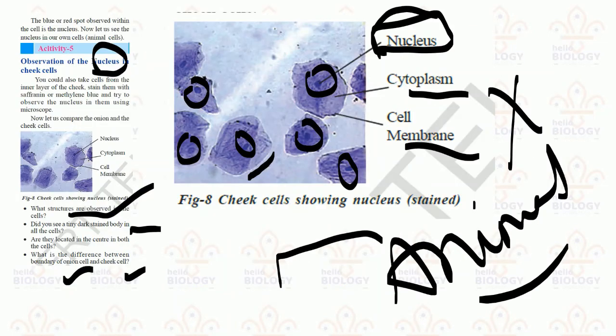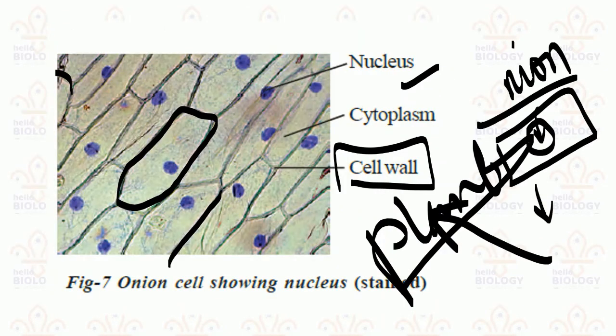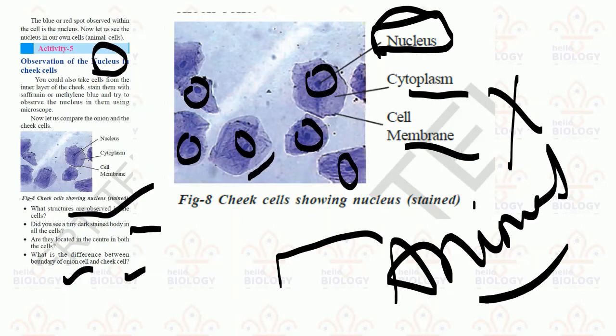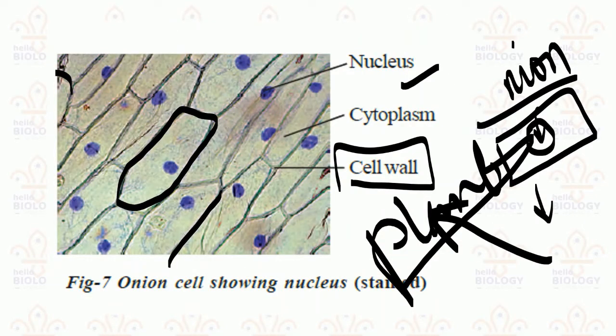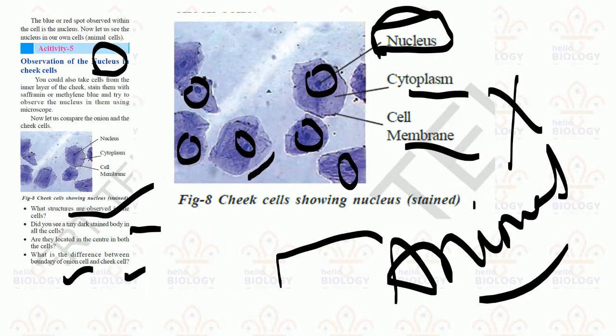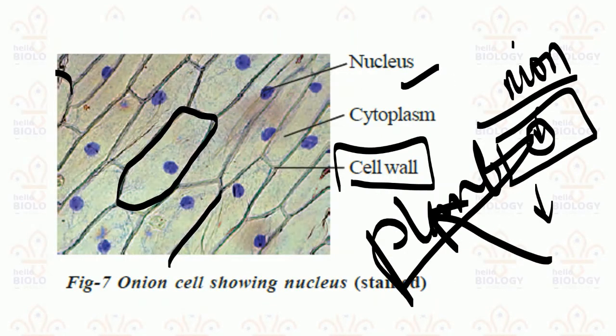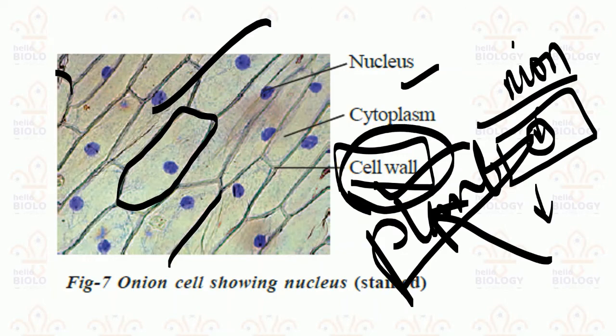So plant cells and animal cells are very different. Plant cells have a cell wall, but animal cells do not have any cell wall. Plant cells have a very hard structure due to the presence of the cell wall, but animal cells do not look very hard. That is why, in the old days in schools, teachers used to hit with a stick, as a stick is made up of plant cells, and plants have a cell wall, which makes it very hard. Pencils are also very hard. Why? Because they are made up of wood, which consists of cell walls.